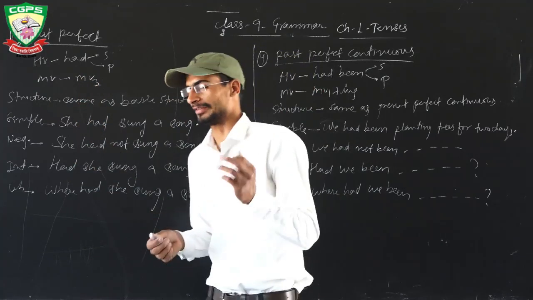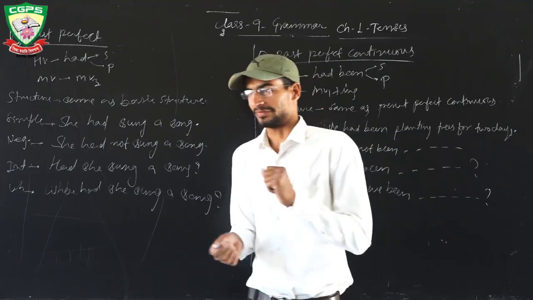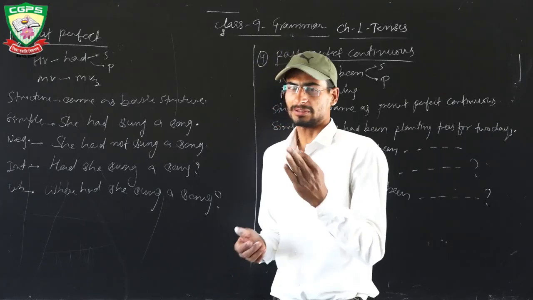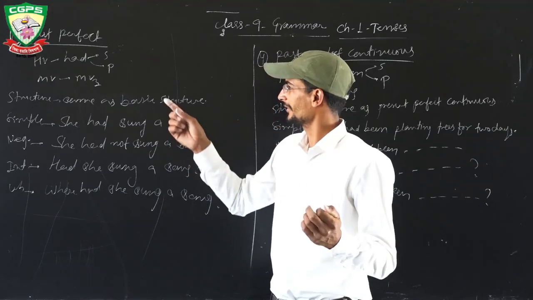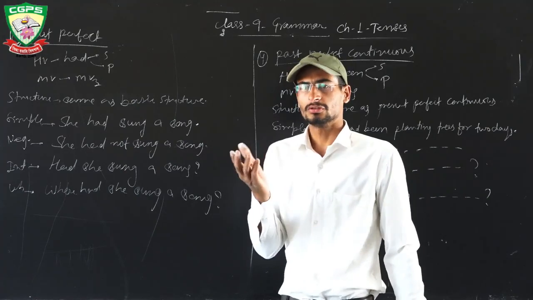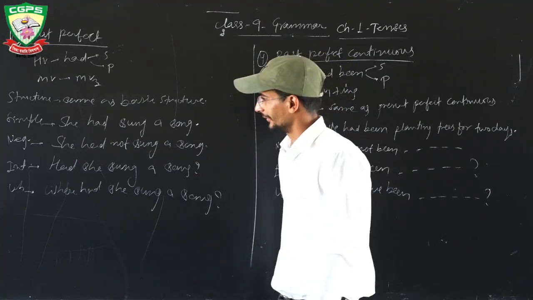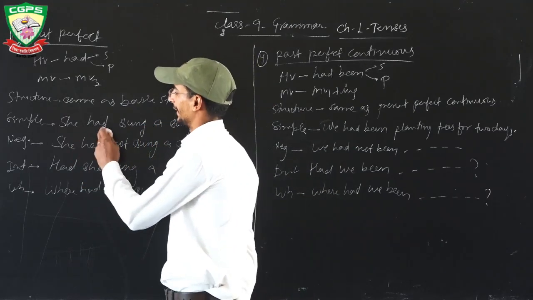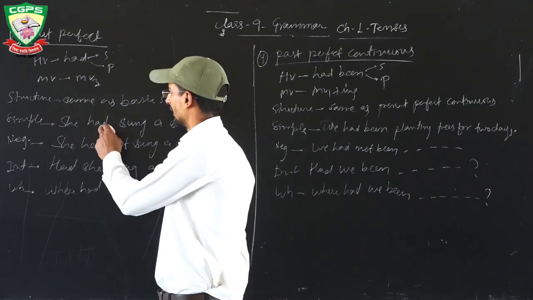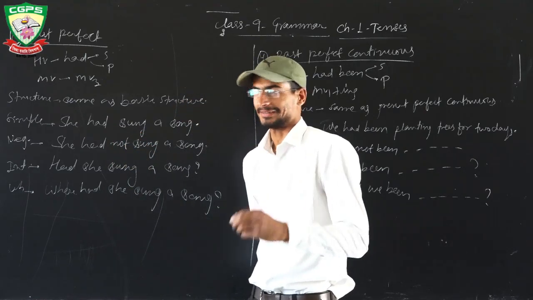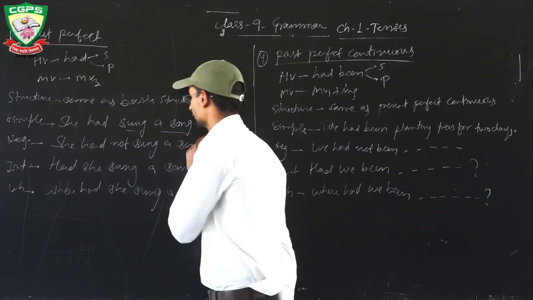Next the structure is same as the present perfect tense or the basic structure, because there is no change. Helping verb is changed to had and main verb is third form always, so similar to present perfect tense. Next simple sentence: she had sung a song. She is the subject, had is helping verb for singular as well as plural. Sung, third form of sing: sing, sang, sung. Sung a song is object.